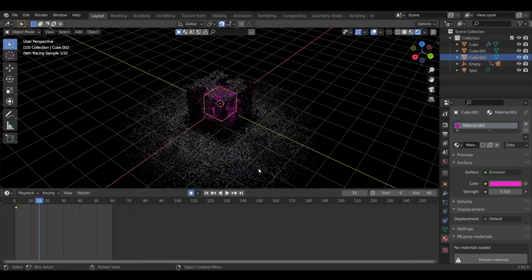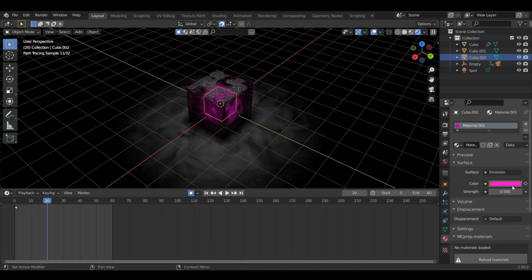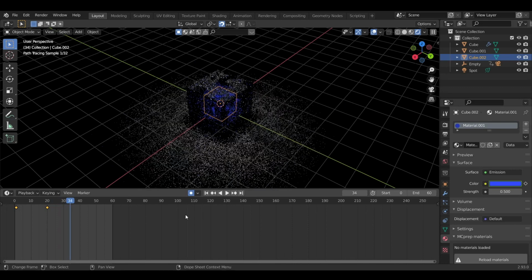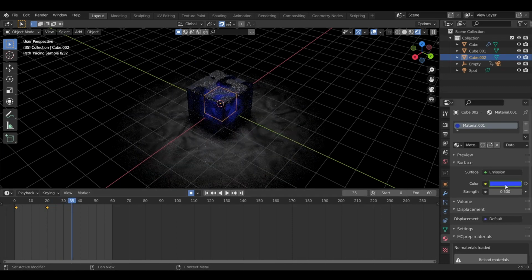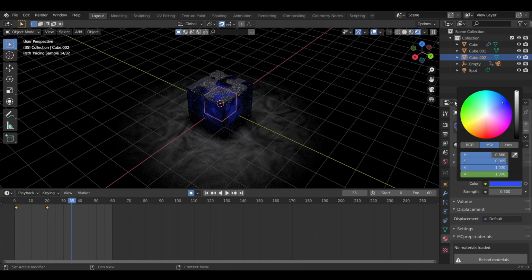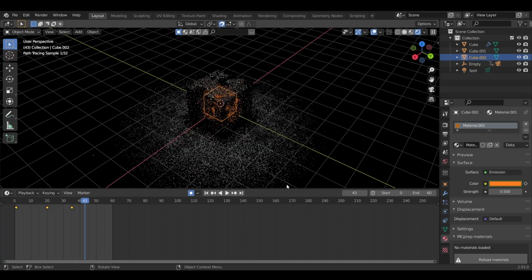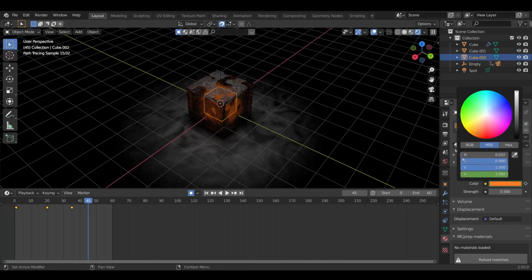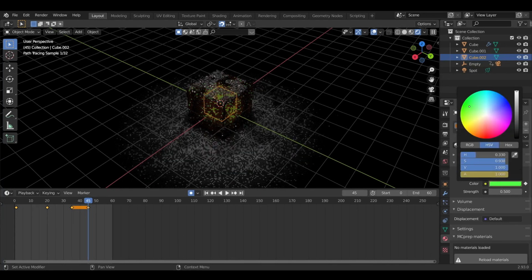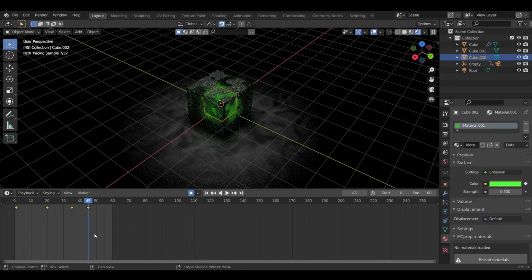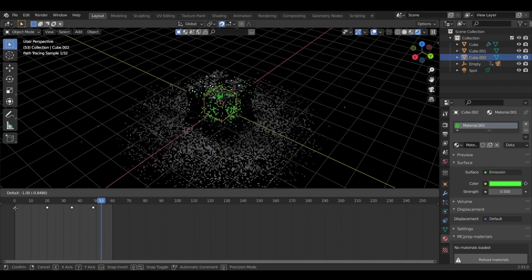Then maybe about here you want it to be blue, and then over here you want it to be like a yellowish kind of color, and then here you want it to be like a green color, and then you can probably just move those around a bit, and then you're going to get the first one again,